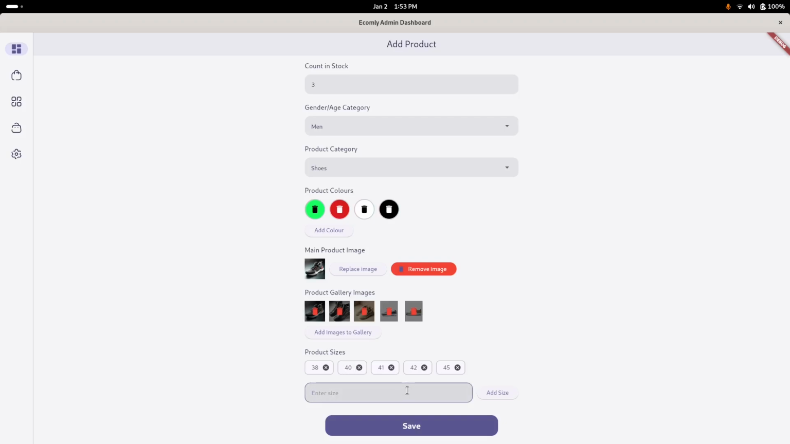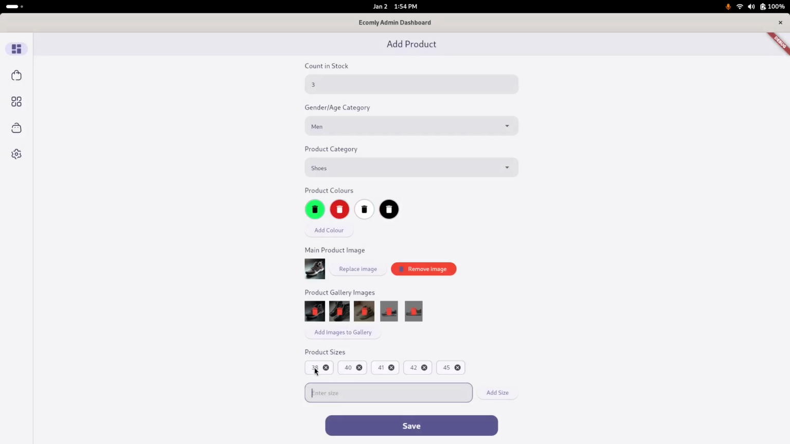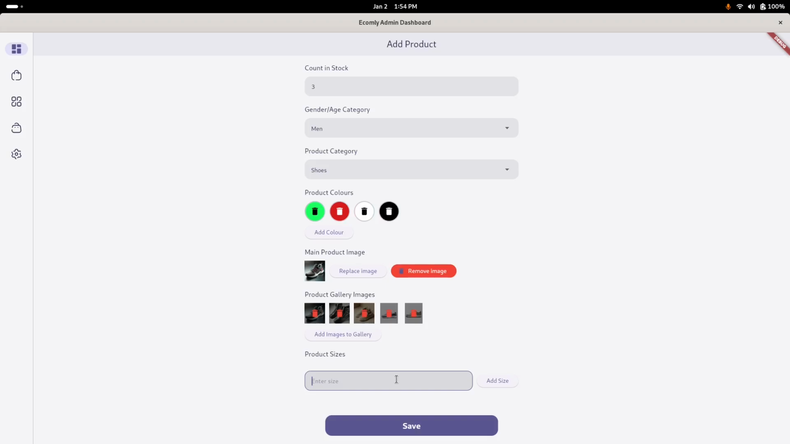Now you can't mix sizes, so we can't go with numbers and then add an L, right? Because it must be of the same type, right? You can't have a shoe that's 38 and also have a shoe that's large, but we can do that for clothings, right? So you can have clothings from extra large, right? Extra large, and we could go